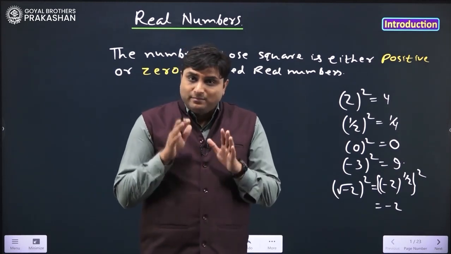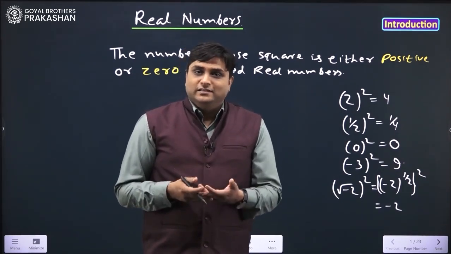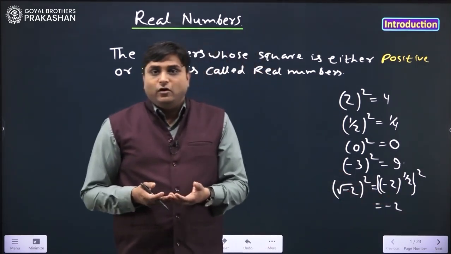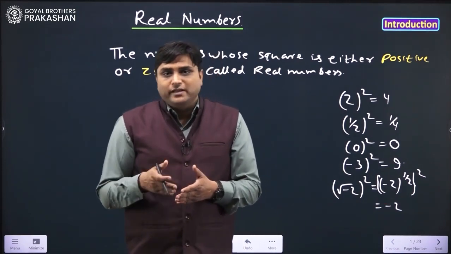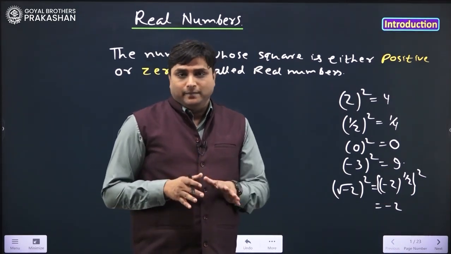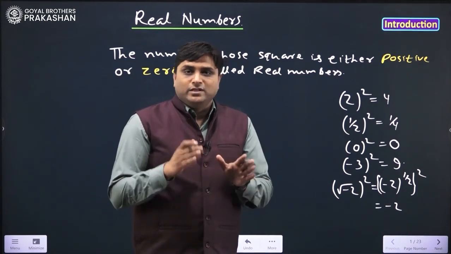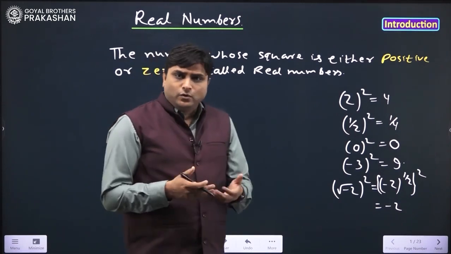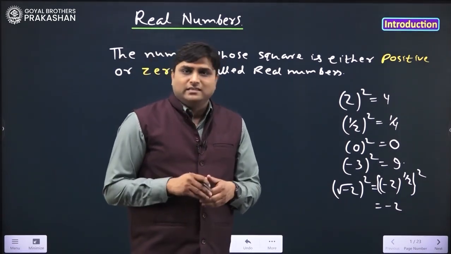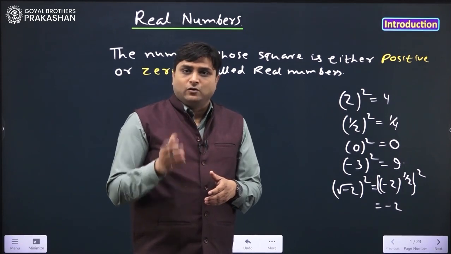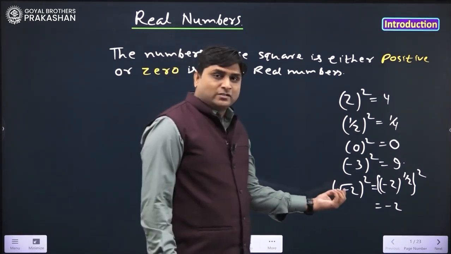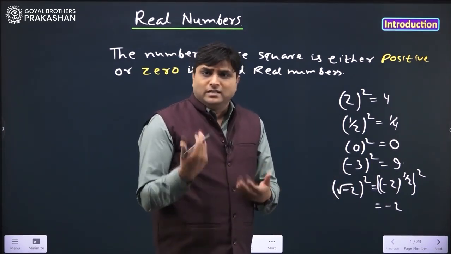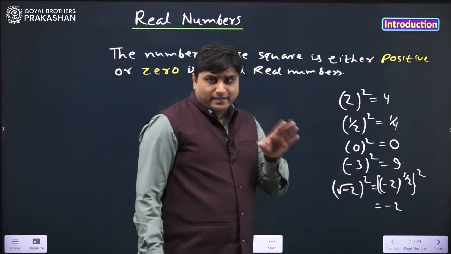Means there are some numbers which are not real. The number whose square is negative is basically not real. Then what is it called? If a number is not real, it is called an imaginary number, about which you will study in detail in higher classes. In our syllabus there are real numbers only, but we should know that there are some numbers which are not real, called imaginary numbers, like the square root of minus 2, square root of minus 3. Any number whose square is neither positive nor 0 is an imaginary number.